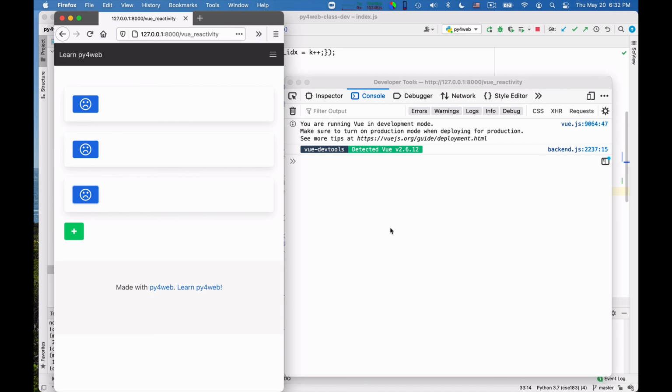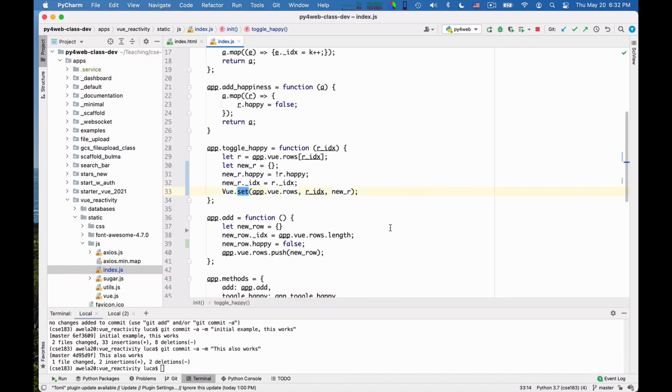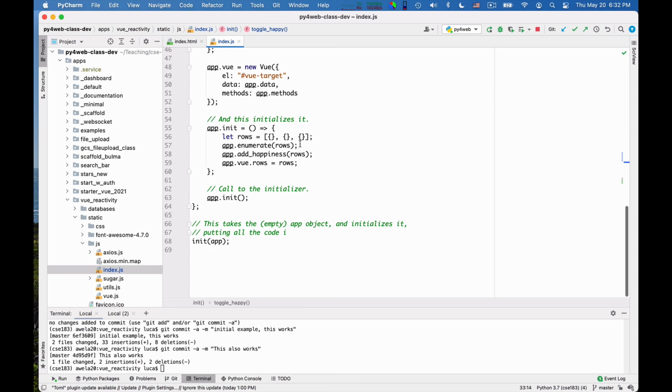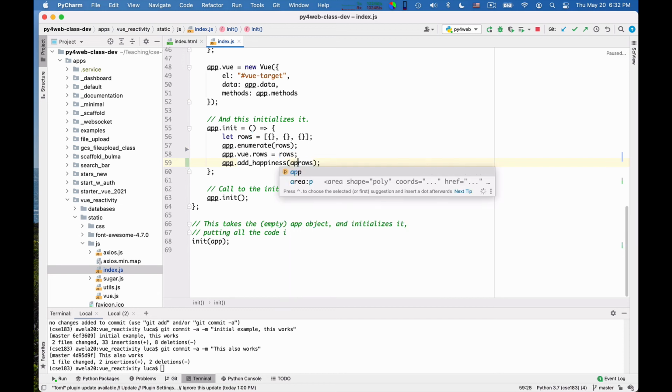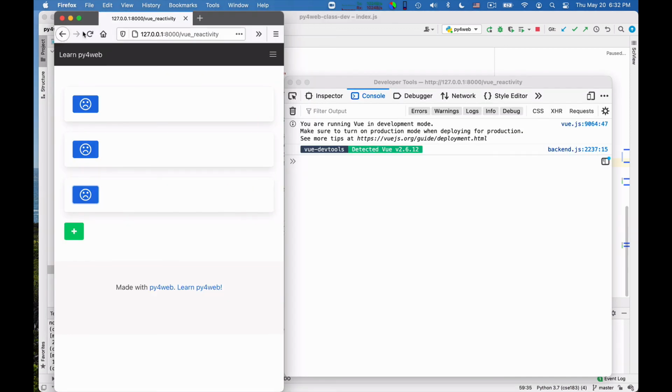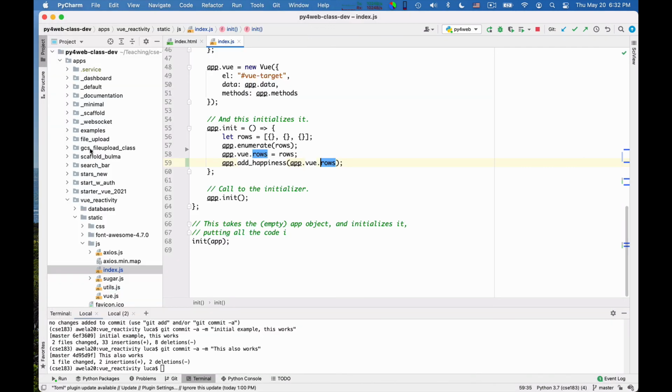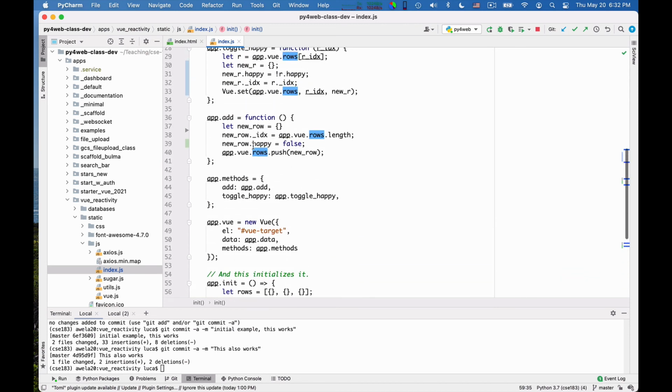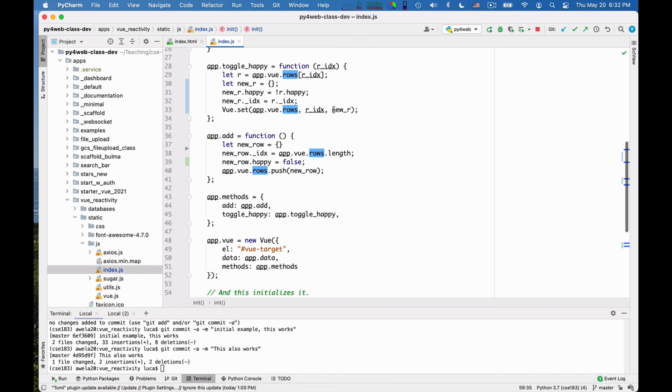And this also explains how I can write code even for the attribute assignment. So we have seen in the long past that this works, but if I reverse the order of these two, and here I say app Vue rows, okay, that this doesn't work. The happiness is not reactive. Let's give it a try and we shall see that it still is, yes, because of the way there is a Vue set here. So it becomes reactive when I do this, okay?